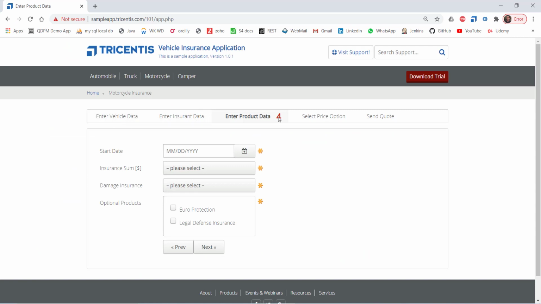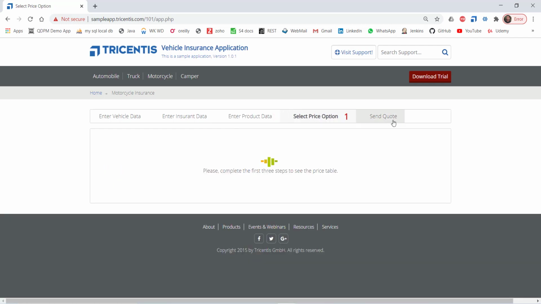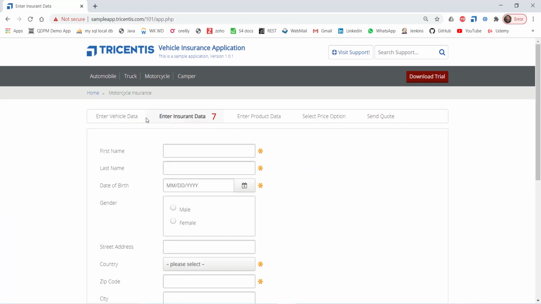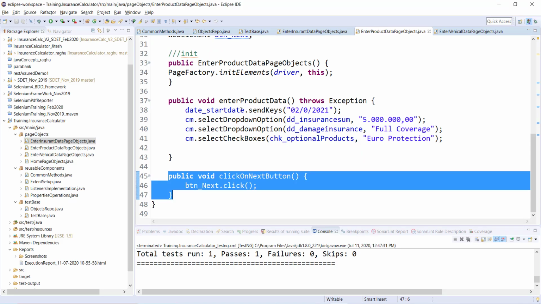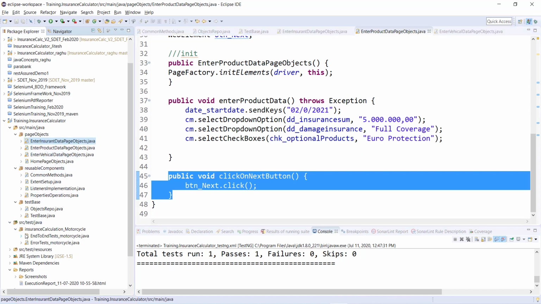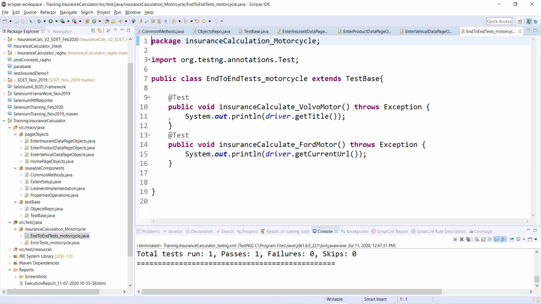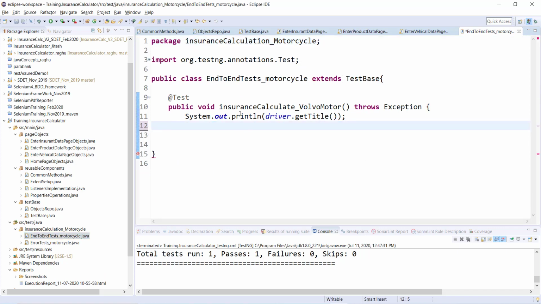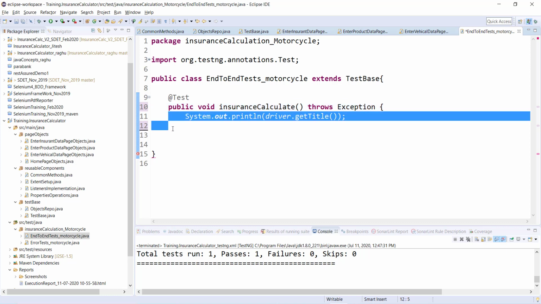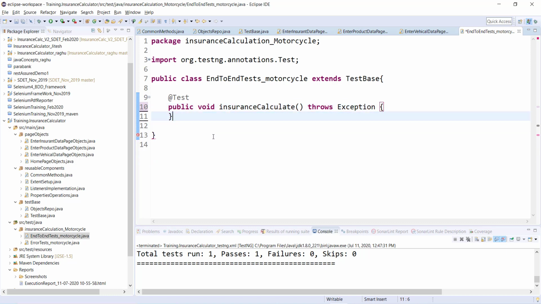For now we want only these three pages, and now we will test whether these three pages are working or not. The fourth page and fifth page we will get to in our next video, once we fill all this data, okay. So let's try this out, right? So now just to test it out, in source test java, under end-to-end test, I will create one test case, okay. So let's say insurance calculate, okay. I'll remove this low motor because it is going to be for calculation for all motors, right? And okay, so this is going to be my test case, let's see.